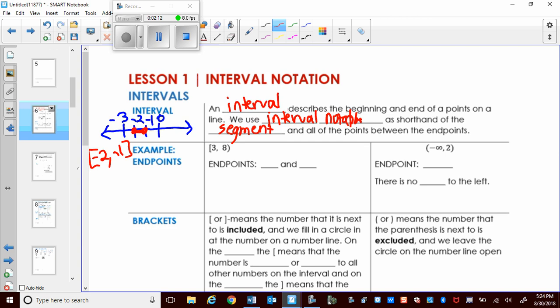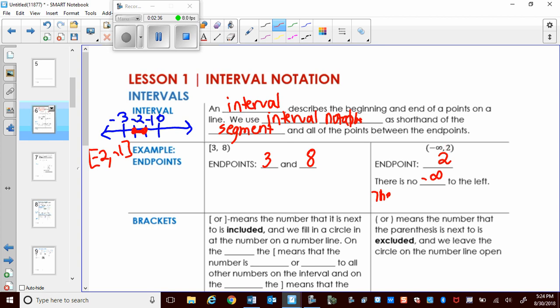So here I have an endpoint of 3 and an endpoint of 8. Easy peasy stuff. Now look at the next one. What's your endpoint? I have only one endpoint, 2. For negative infinity, there is no endpoint because the